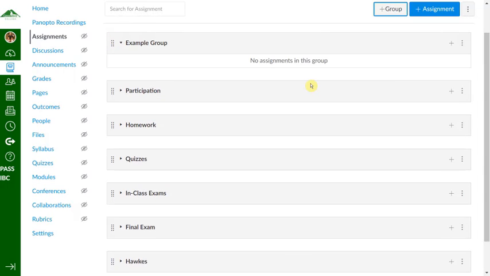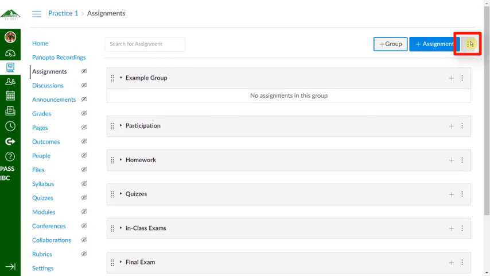When your overall grade is being computed in Canvas, you have the option to have the grade as a weighted average between these different groups, or just have it be a total of points divided by number of available points. If you wanted the grade to be computed as a weighted average of these different assignment groups, there